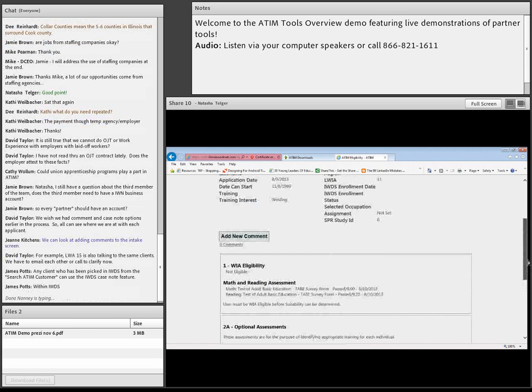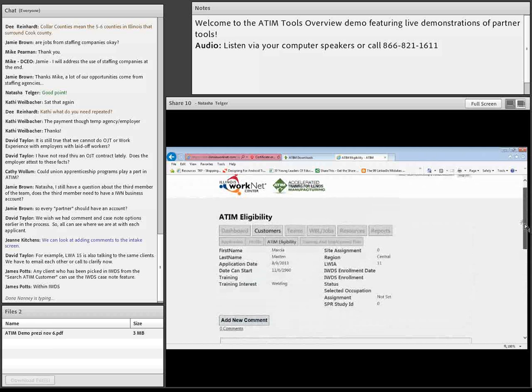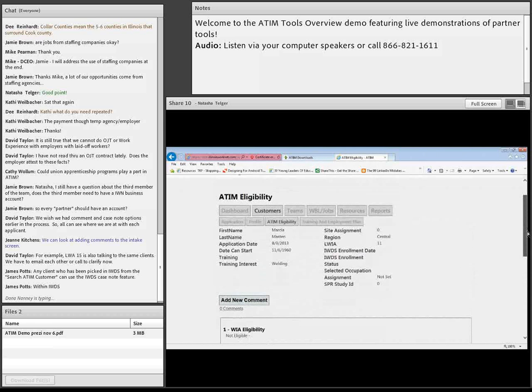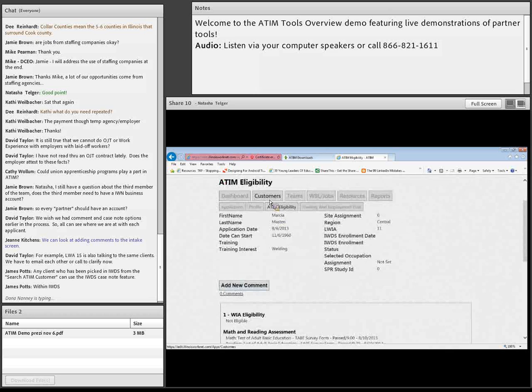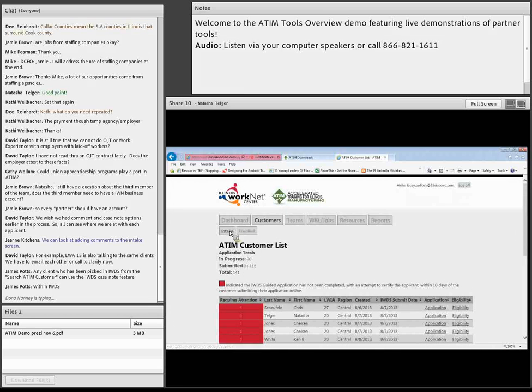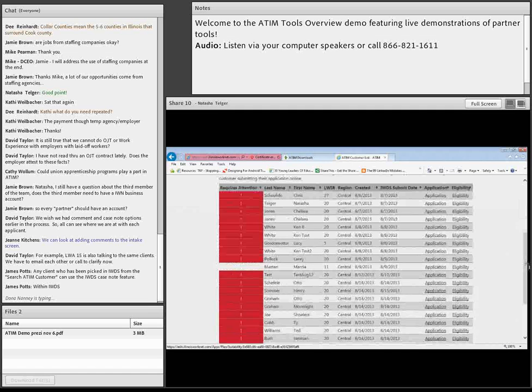We do have in the release that is going out tonight, what you see right now is the edit server that has all the test information in here. And I went to customers. Let me go back here just a minute. Customers, we have our intake, so they're not enrolled yet. I'm going to look at the person that I can tell has had something done with them in IWDS, so